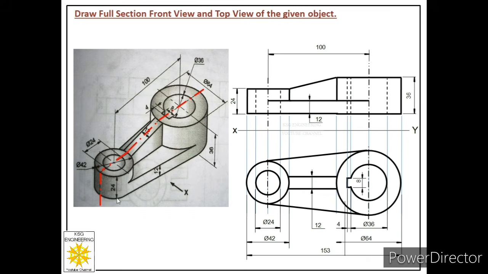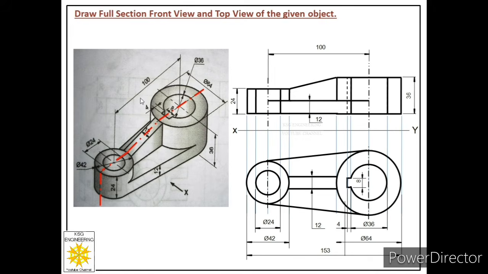Because when you cut the object along the center line, you will cut the holes and remove the front half portion of the object. Then hole edges will be visible to you, which were hidden earlier and were shown with dashed medium lines. So the very first step is that we should convert the dashed medium lines of these openings into continuous thick lines.